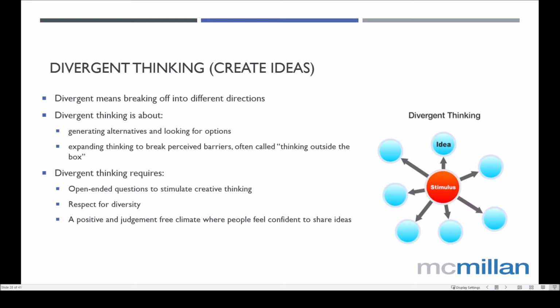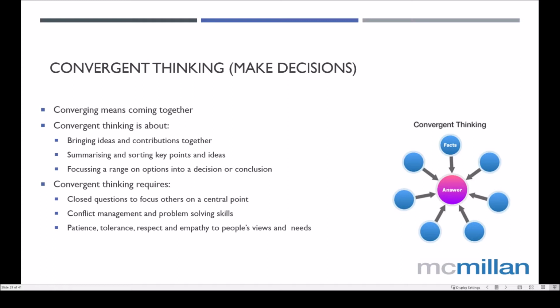Once we've exhausted the randomness of the ideas, then we want to get into the analysis. And this is where we switch from divergent thinking to convergent thinking. And this is where we become focused. So we get everybody to focus on a central point. So instead of breaking outwards from a central point, we're going to get everyone to come from outwards into the central point. This is where we start to pinpoint ideas, and we start to be critical in terms of our